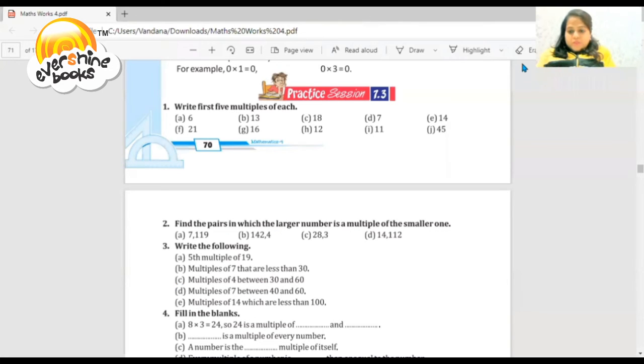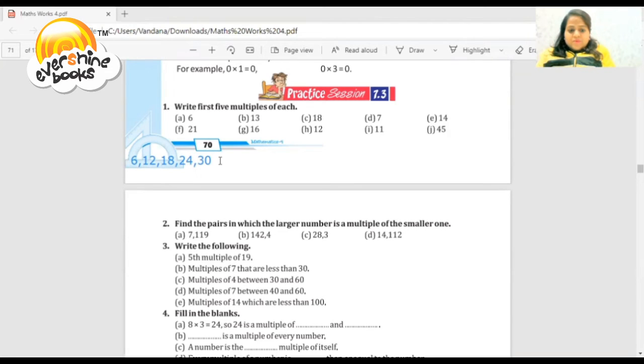Yes. Now, students, it's your interesting sheet, exercise 1.3, related to multiples. Write the first 5 multiples of each. So you have to read the table of 6 and write the answer. 6 1 is 6, 12. You have to read the table of 6 five times. Then 18, 24, 30. It's very easy.